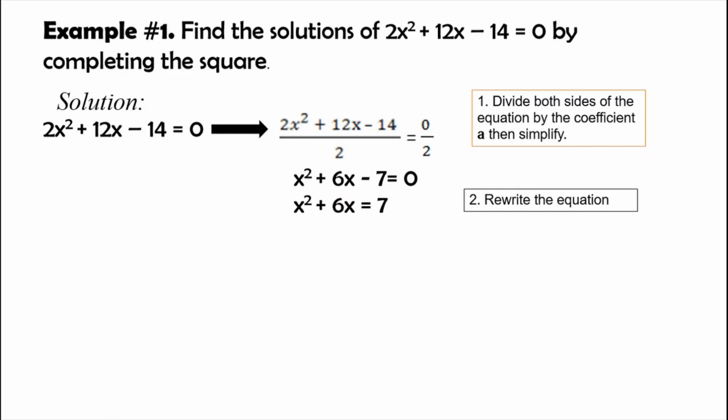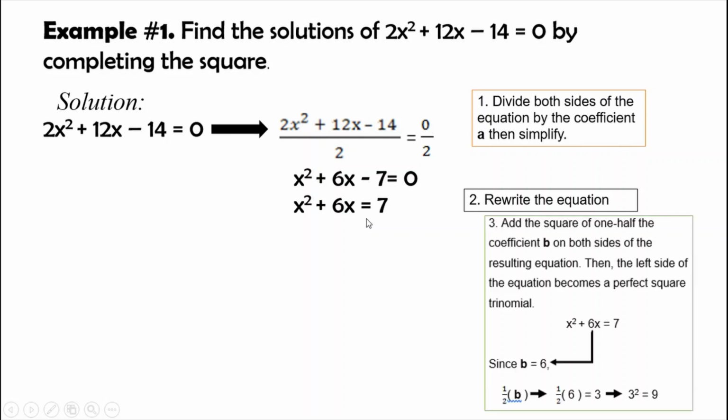So, the constant term, we will put on the other side of the equation. Our constant term here is negative 7. So, x squared plus 6x is equal to 7. It became positive because when we transpose, the sign changes. And the next step, step 3,